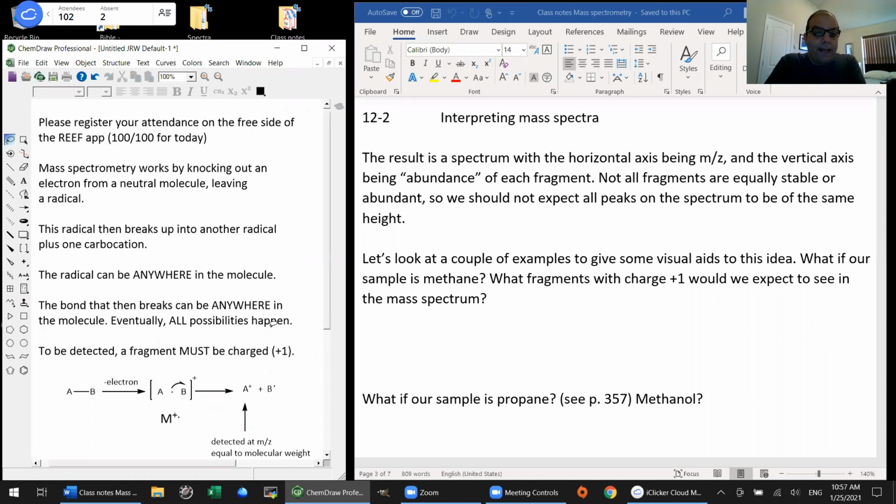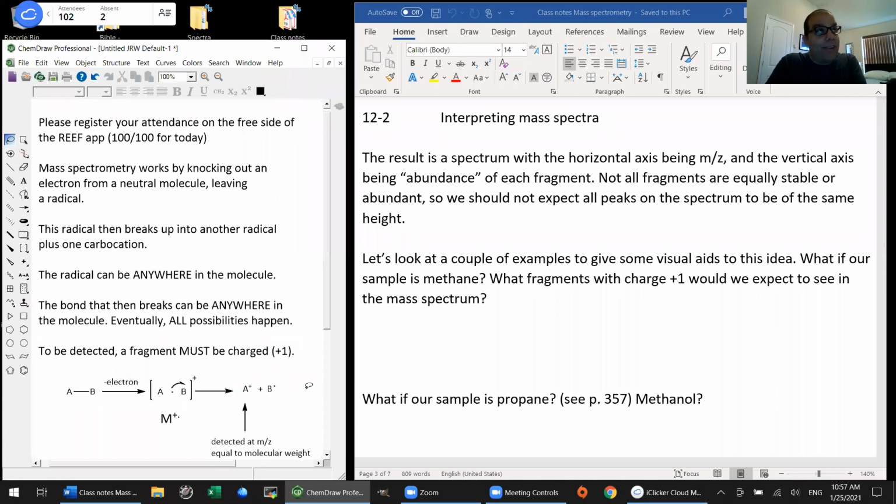identify. Good, so here I'm showing how you can knock an electron out of a bonding electron pair. You then wind up with some bond somewhere in the molecule between atoms that I'm just calling A and B generically, and you'll get from that fragmentation a cation, which you'll detect, and a radical, which you will not. Of course, I could just as easily have drawn this half arrow the other way, and then I will get the A radical and the B cation. So you see, you'll get both. That's how you'll get all possible